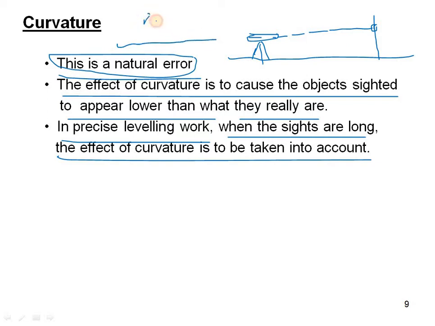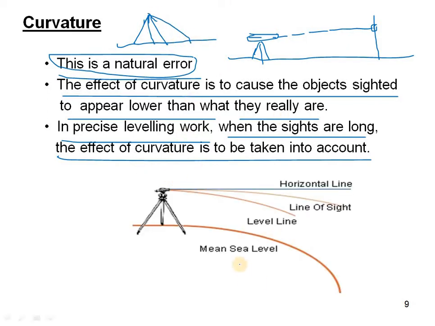If you keep the instrument here, you can take similar different points. That is nothing but precise leveling. We also call it profile leveling. You can observe here, this is our earth curvature. The orange colored line which is there, this is nothing but the earth's curvature line.